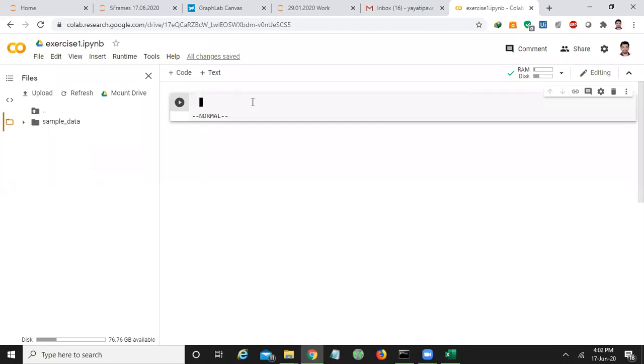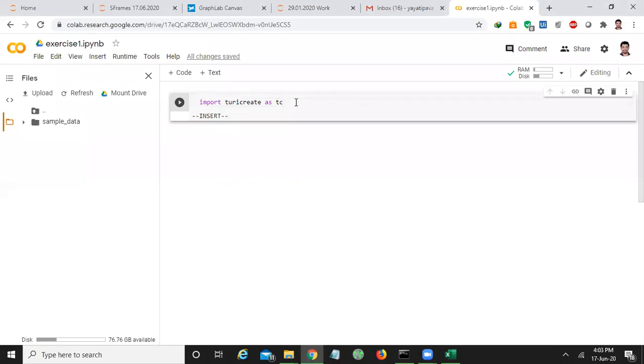So here GraphLab won't work. Instead of GraphLab, you have to type import turicreate as tc. This is the command you have to type. All of you are with me? Import turicreate as tc.